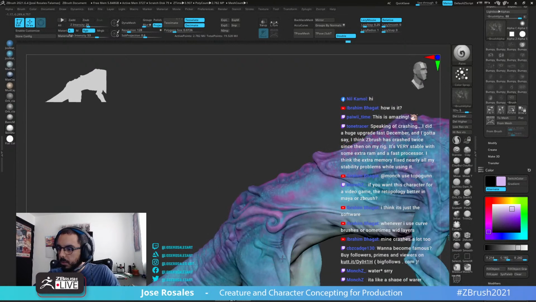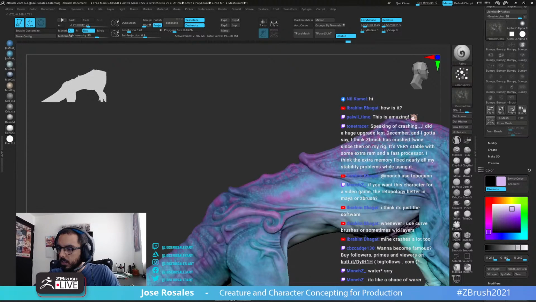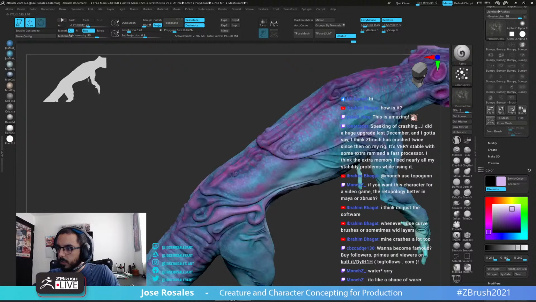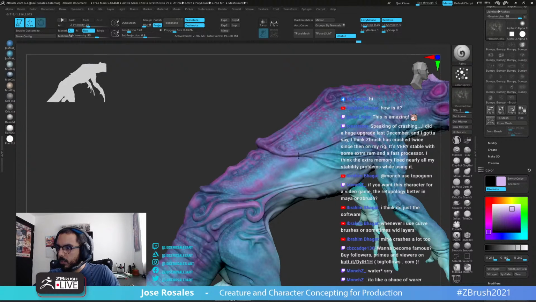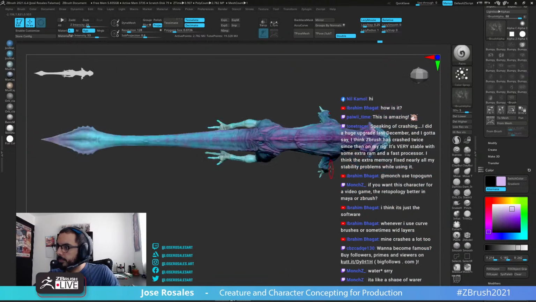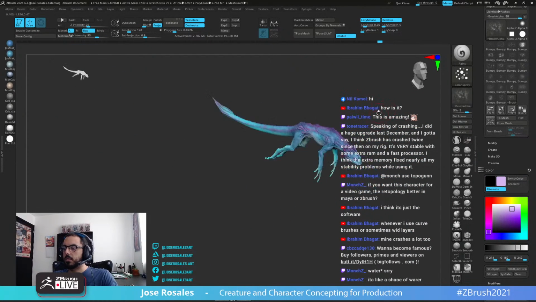Just paint a little bit more, just to make these details pop. But not too much. I don't want the details to overpower the rest